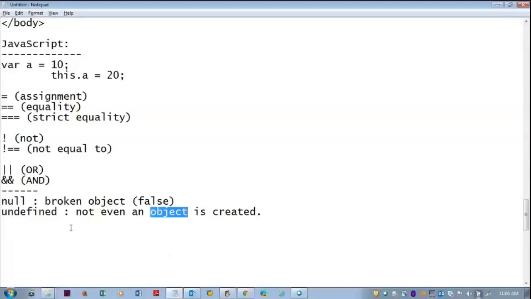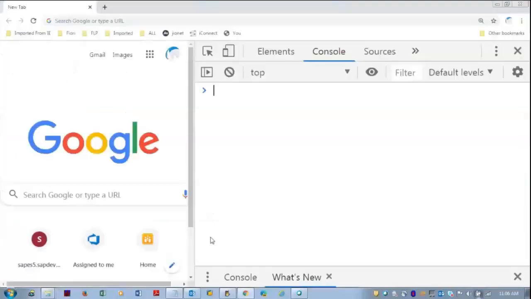Just now I showed you the primitive type. With undefined, nothing is allocated to it, no value is allocated to it, and I'm trying to use it, so it must return something like undefined: it is not defined, please define it. And sometimes you can have an empty string. Coming from the front end, empty strings will be provided when there is a mandatory field but the user did not fill it and is sending it. When filling a form, you definitely get the input fields colored red if you did not fill them. So these three things are very important.